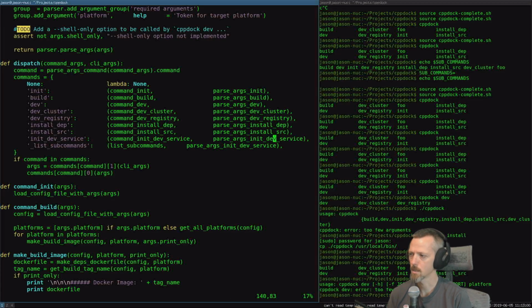No, it's not a lambda. It's a tuple. Yeah? So it's the name of a function. What does it do with it? Commands. So the first one is the function that it should call. And the next one is